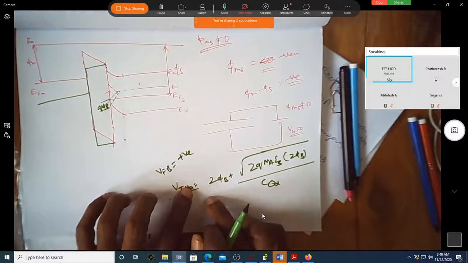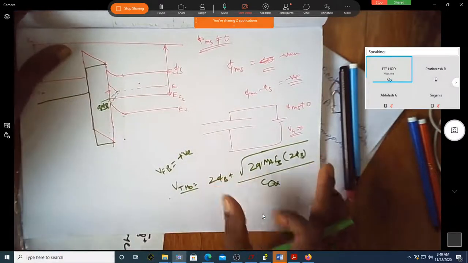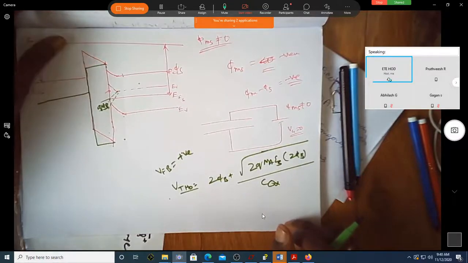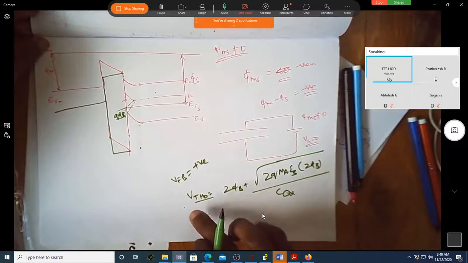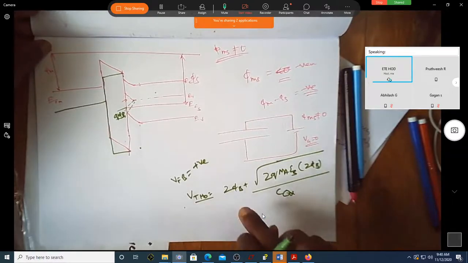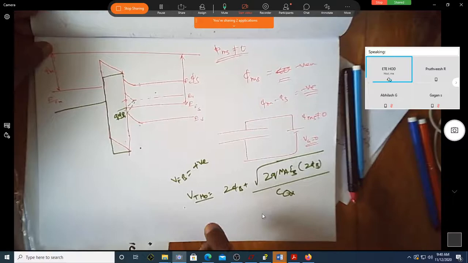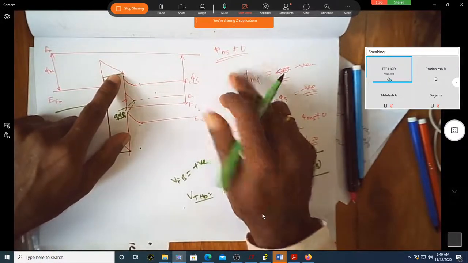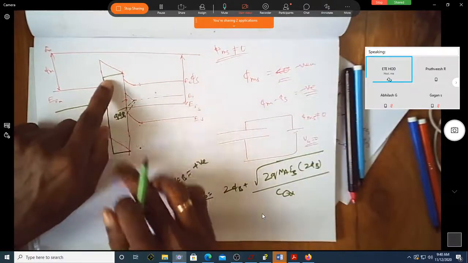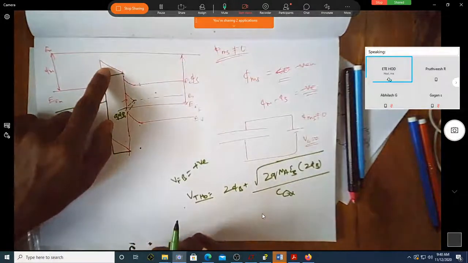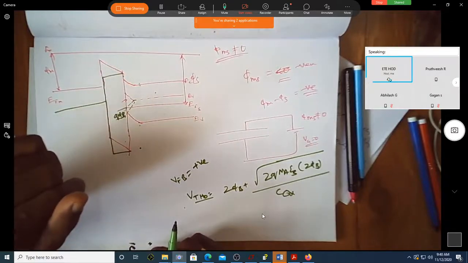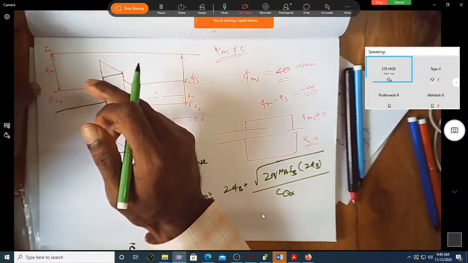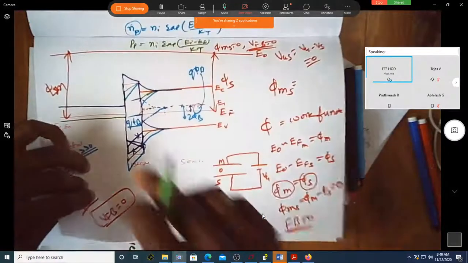But here, this is once the band is flat. Getting my point? This is the required voltage to get the strong inversion if the band is flat. Is the band flat here with phi ms not equal to 0? With phi ms negative, is the band flat here? Just look at this red one. Is it flat? No, sir. Now, when it is not flat, do you need to apply more voltage than when it was flat?